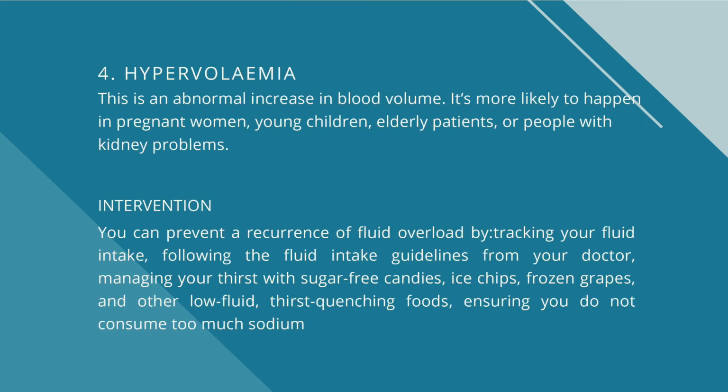So the fourth one would be hypervolemia. This is an abnormal increase in blood volume. It's more likely to happen in pregnant women, young children, elderly patients, or people with kidney problems. You can prevent a recurrence of fluid overload by tracking your fluid intake, following the fluid intake guidelines from your doctor, managing your thirst with sugar-free candies, ice chips, frozen grapes, and other low-fluid, thirst-quenching foods, ensuring you do not